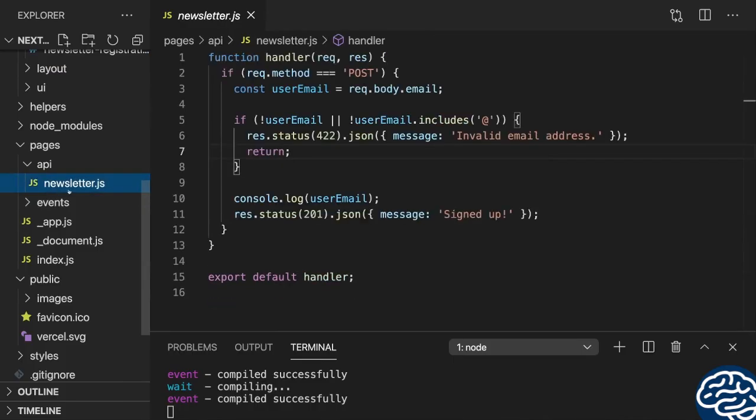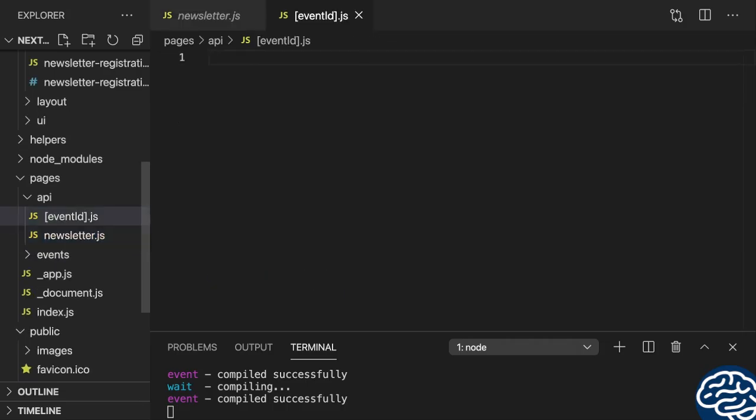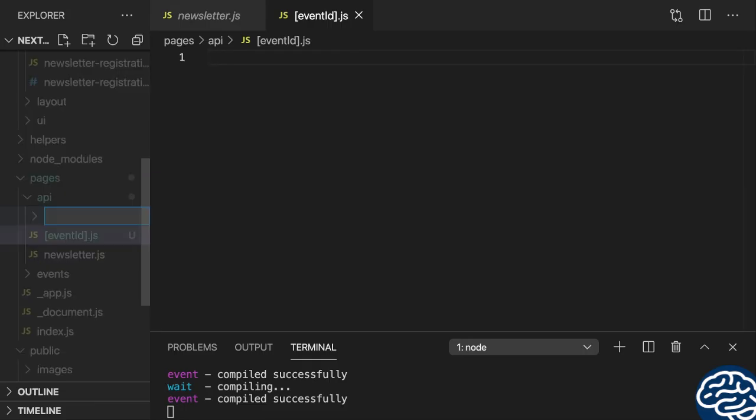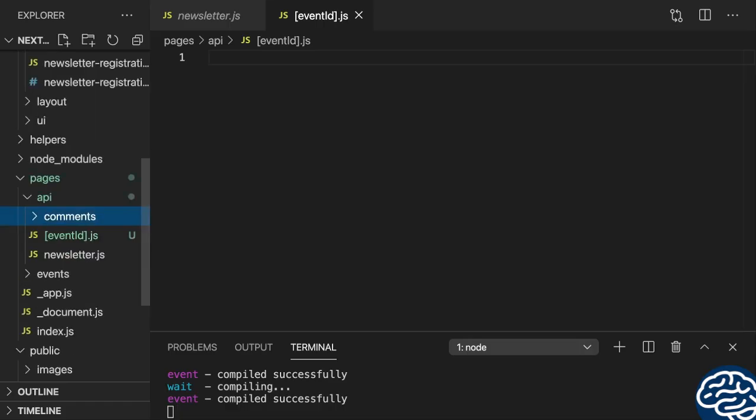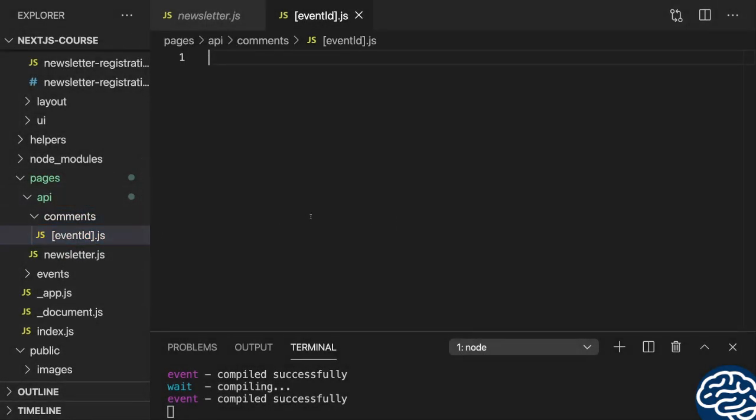Hence, I'll add another API route in the Pages API folder, and I'll use square brackets in the file name here, since it will be a dynamic API route. And I'll name my dynamic path segment identifier here event ID, because that is what should be encoded in the URL. Now we could leave it here, but I will actually create that file in a comments folder so that the full API route to reach that file and to execute the code in that file will later be